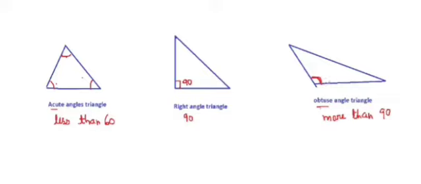Now you know that in a triangle, the sum of all the angles is always 180 degree. So just keep that in mind. The sum of all angles of a triangle is always equal to 180 degree. If I take three angles here, this is your A, this is your B, and this is your C. So if I take all the three angles, A plus B plus C will always be equal to 180 degree in any triangle.